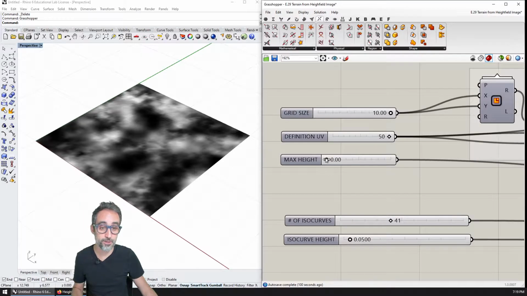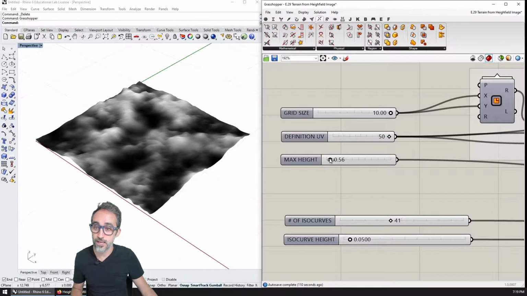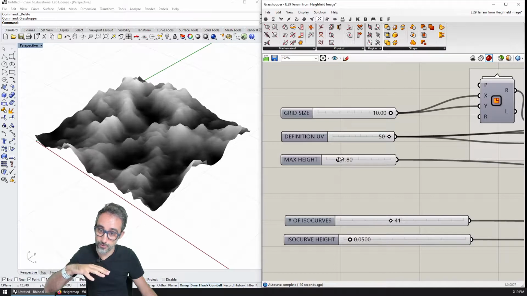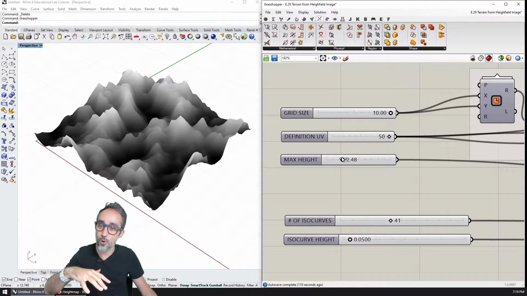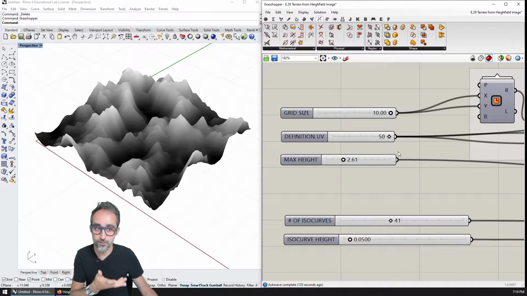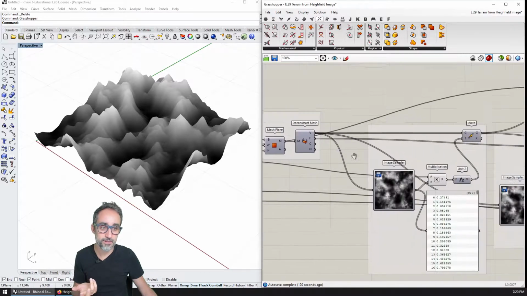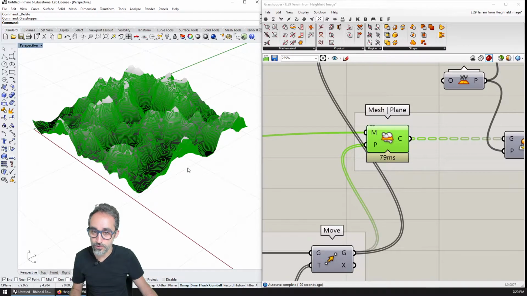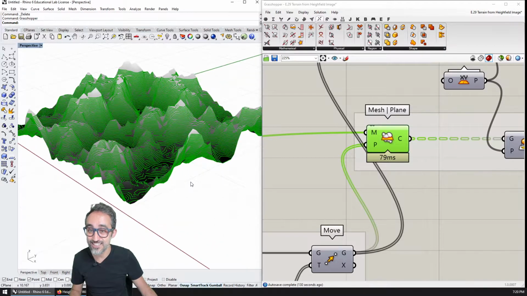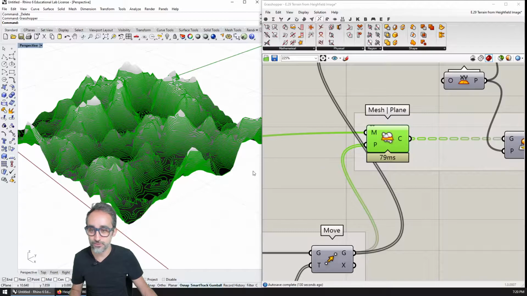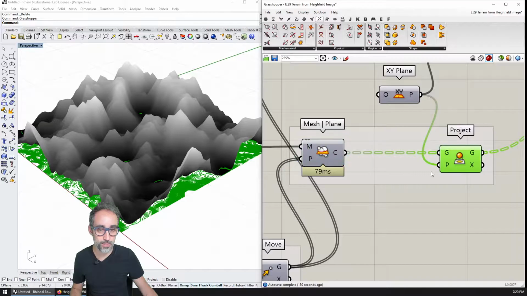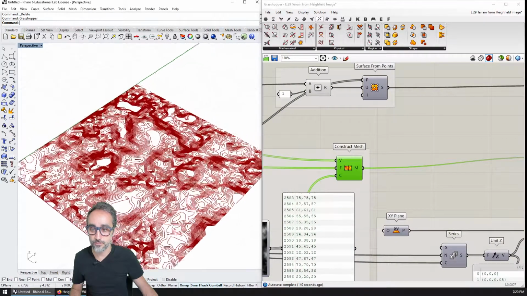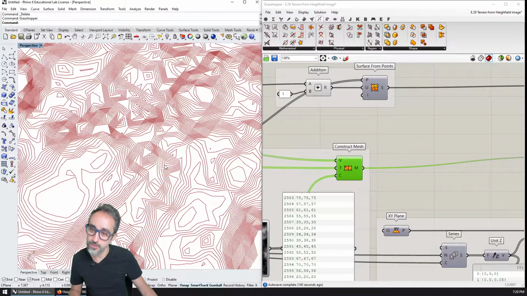So for example, here, I'm going to start increasing this mesh, which I had flattened, but I'm going to start extruding it based on the image map that I have previously loaded into Grasshopper. And then at the same time, something that is going to be super easy to do is to create isocurves, or to create all the curves that are the intersections with horizontal planes, and therefore be able to create this kind of image that we will be able to project, which is going to be the height field. So the isocurves as if it was a map.